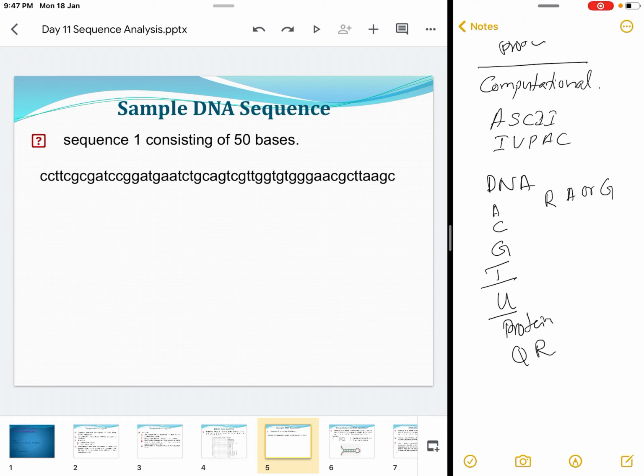Here we have a sample DNA sequence. We can identify this as a DNA sequence because it has only 4 alphabets, either C, T, G or A. There are no other characters in this sequence. So just looking at the sequence, we can identify this as a DNA sequence of maximum length 50 characters. Each character represents a nitrogen base, and so we can say that this DNA sequence is made up of 50 different bases.